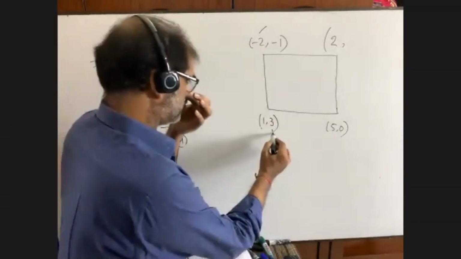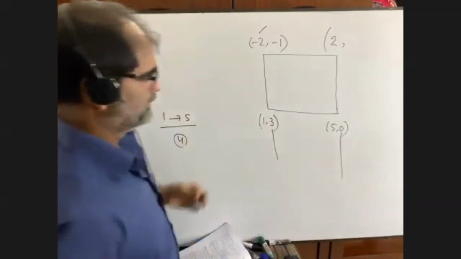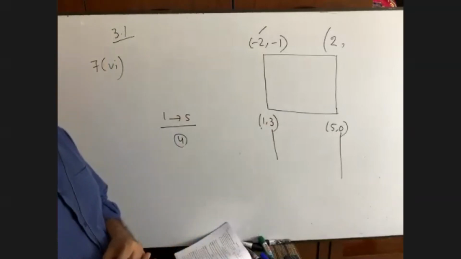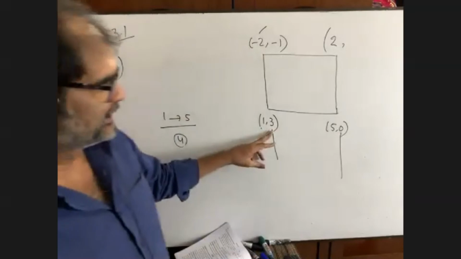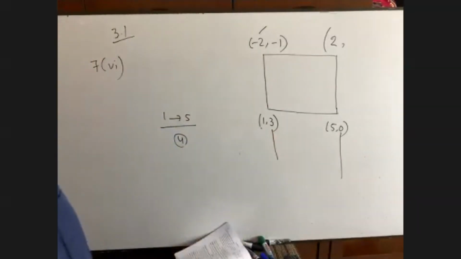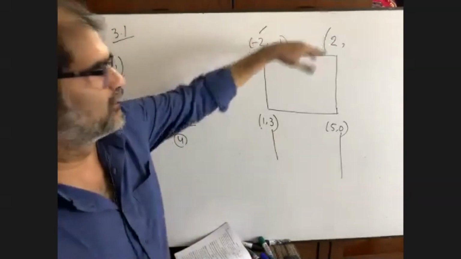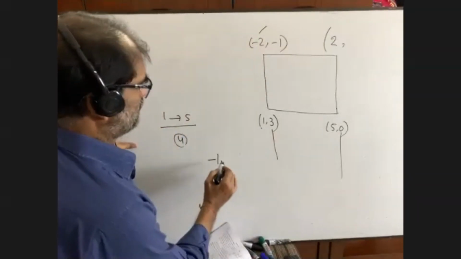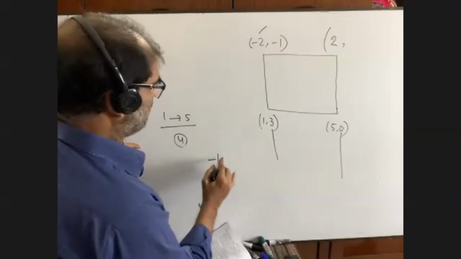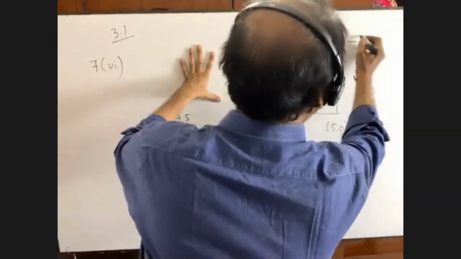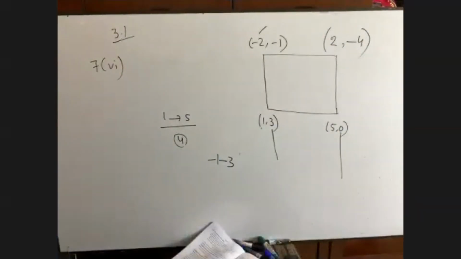Now go for this. What is the difference between 3 and 0? Sir, 3. Now the value is increased or decreased here? Sir, decrease. So if it is decreased, then it will be also decreased. So -1, and it is decreased by 3. That is -3. So it is -4. Math is done. Have you got me or not?